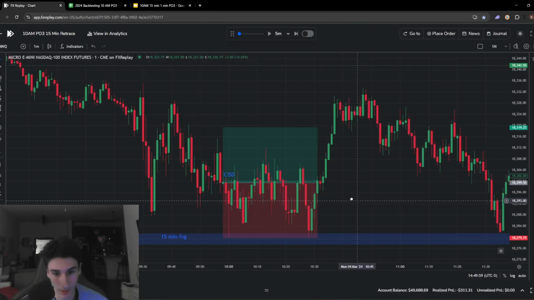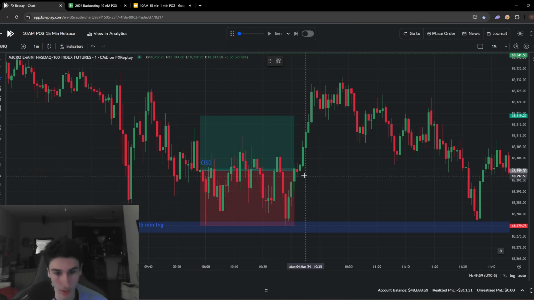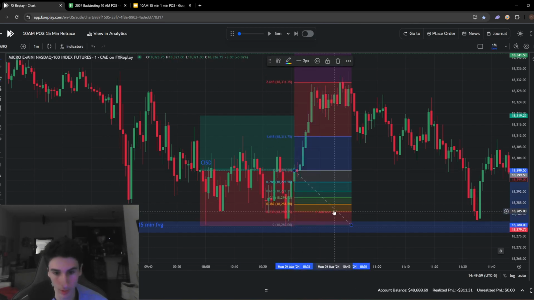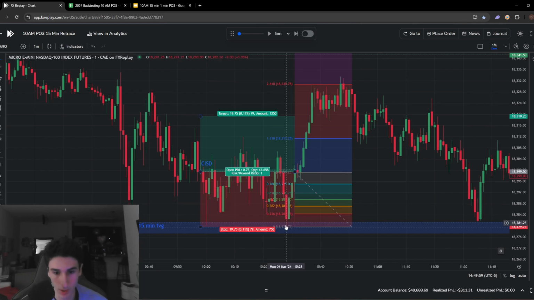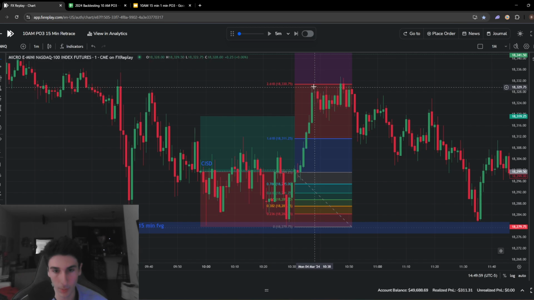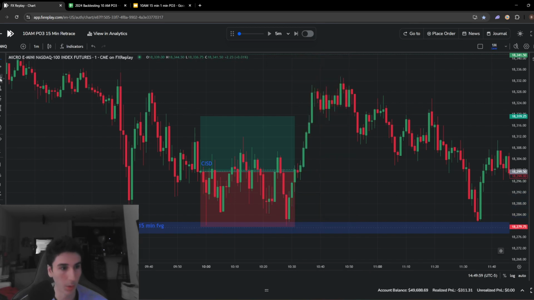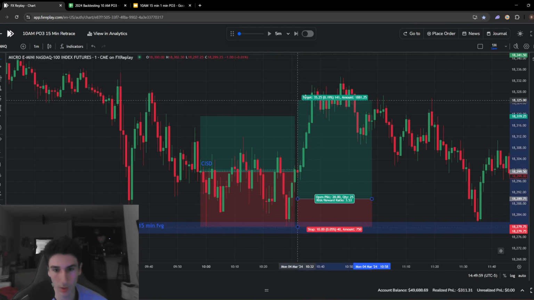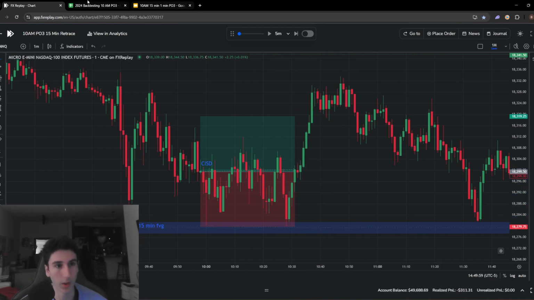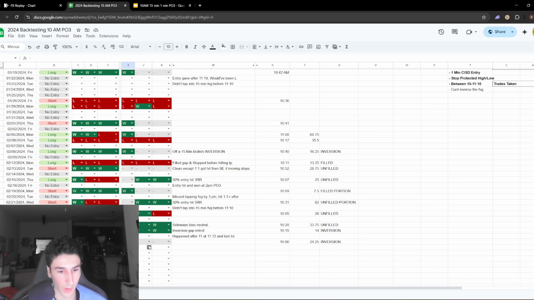50% 1 to 1. That did hit because the 1 to 1 would have been entered in right here. I'm also testing this as an external strategy to see what's better. The 50% entry would have gotten hit here. Didn't get stopped out. And then it went up. And then it actually went for multiple RRs right here. So as you can see, if you entered in on that 50% mark right here, same stop, this hit, yeah, for a 4R, so definitely hit that 1 to 2 and a 1 to 1. So win,